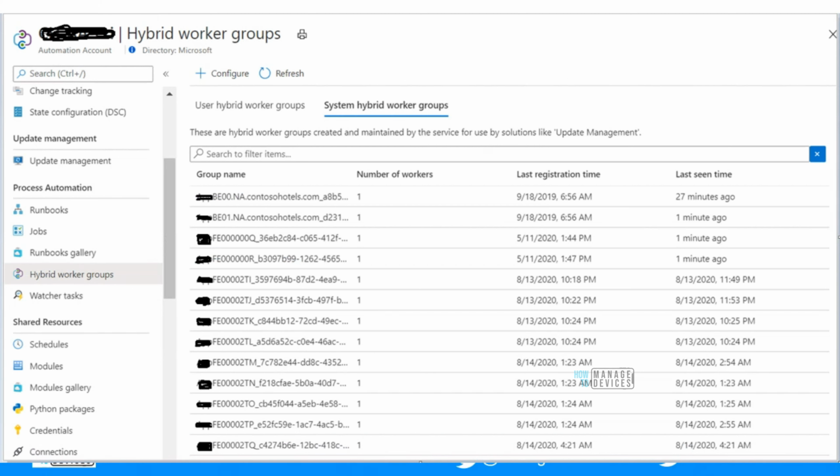These are all a little bit of groups and system hybrid runbook worker groups. You can specifically see when it was last registered, how many workers are there in that group. I don't think there is a limitation on that. I never checked that part, how many workers we can have in one